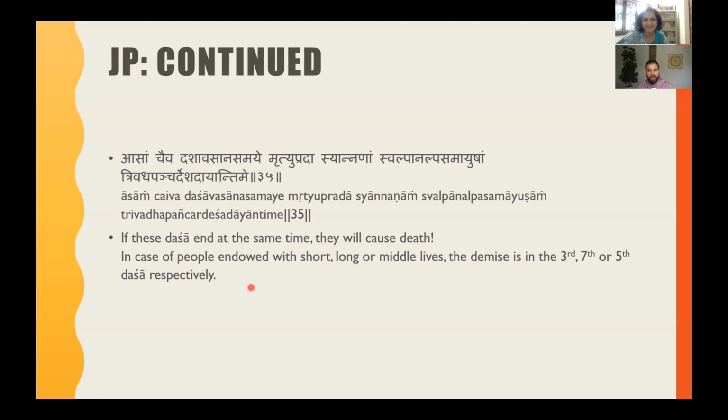Obviously, not everybody dies in the third, seventh, or fifth dasha, but maybe there's a way of knowing the third, seventh, and fifth nakshatras from a different point other than the moon. So we're going into a very different tangent. Maybe the third from this other point is the second dasha of life, or the third from this other point is the last dasha of life, and ninth dasha.